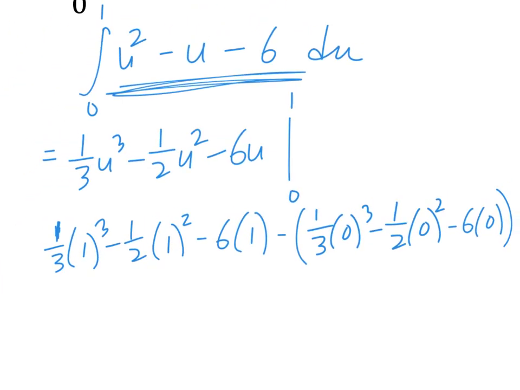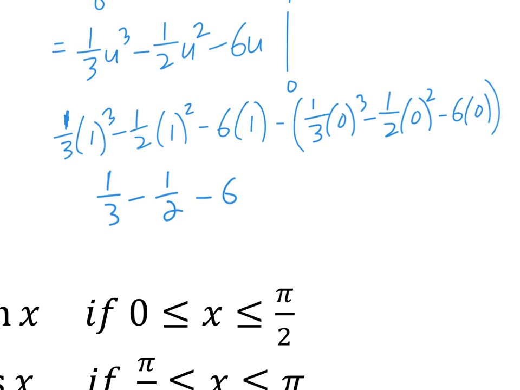You're going to take the thing evaluated at 1 minus the entire thing evaluated at 0. Please be careful. For this one, it's not very interesting, but later on when this is not a 0, you do have to subtract the entire thing. So put really big parentheses around the whole thing and subtract it out. Okay, this is 1/3 minus 1/2 minus 6,